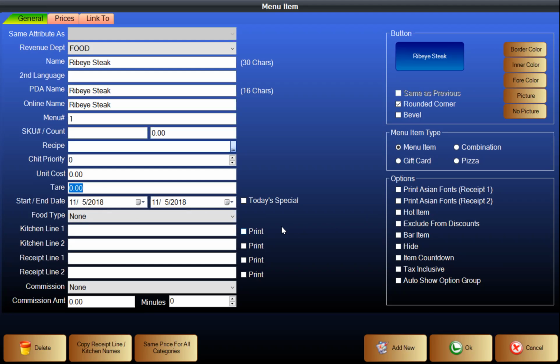That's not too important for what we're doing now. Food type, we're going to skip that. Kitchen line 1, 2, and the receipt line 1, 2 work exactly the same way as in the option modifier. So,